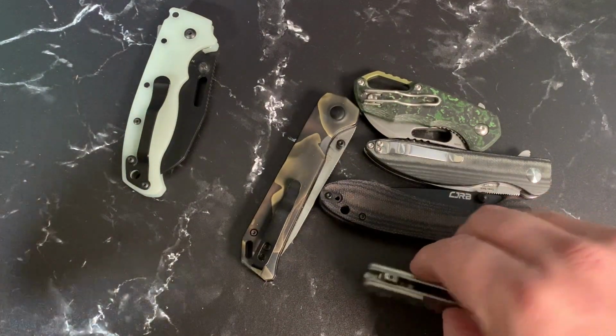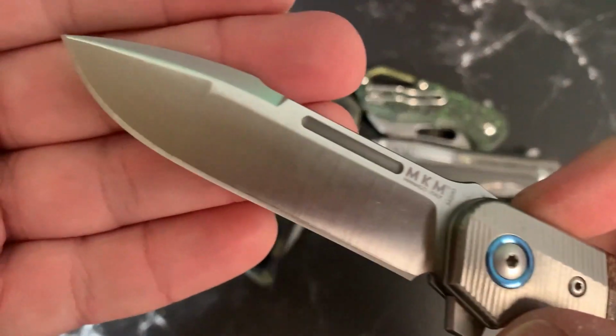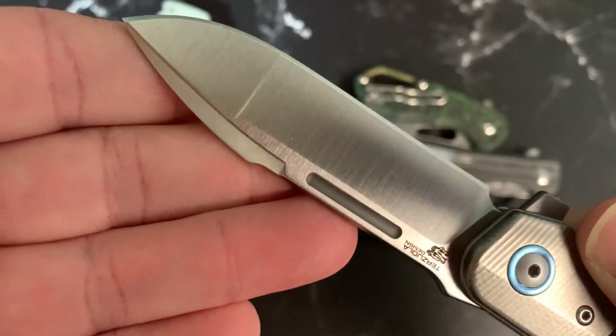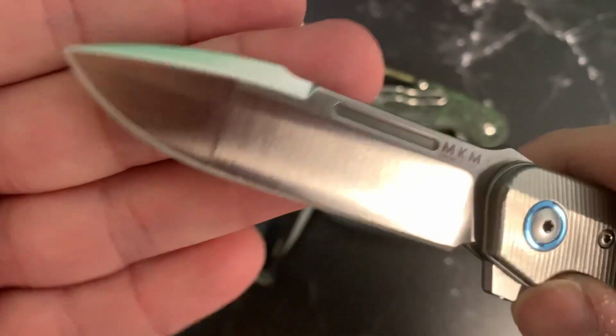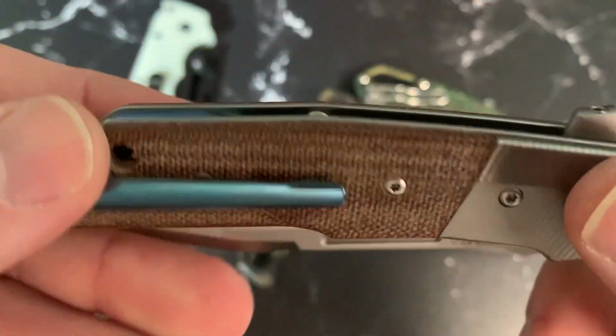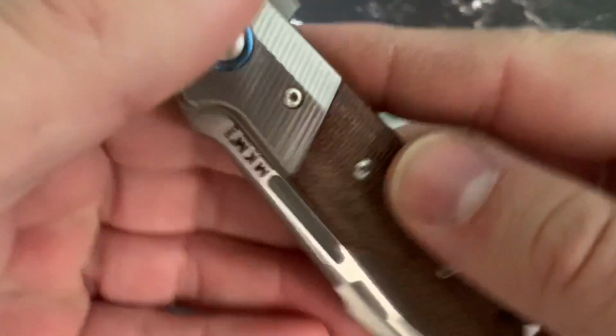This knife I got near the beginning of the year. I was very excited about it. I'm a big fan of Robert Terzuola. You saw two other Robert Terzuola designs already on the table. This has got a compound grind. This is the MKM Clap. This one has titanium bolsters, and this is the natural micarta